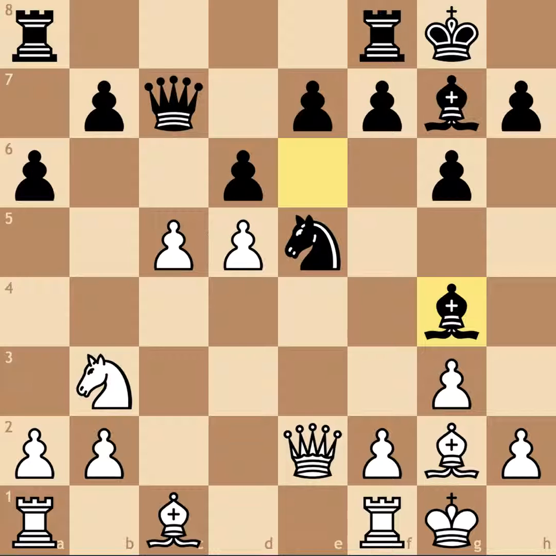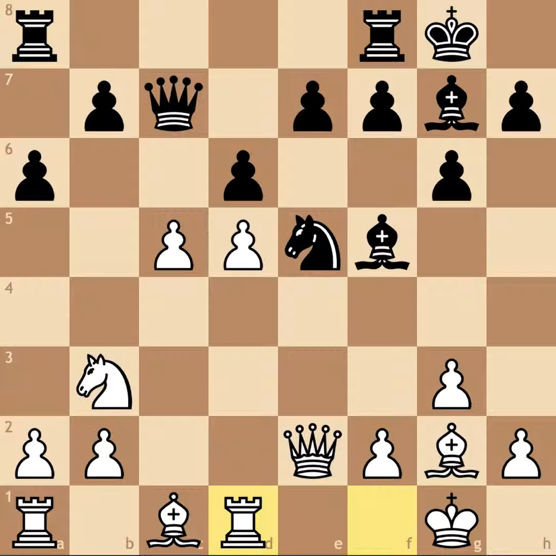That being said, after bishop to f5, the rest of the game stays about equal all the way until the end, when time trouble becomes a factor. So here, I think it's really tempting to want to take this pawn on d6, but if I do that, then I'll have an Isolani on d5, and it's not so clear, not to mention bishop to d3 is a threat. So first I decided to resolve this with rook to d1,